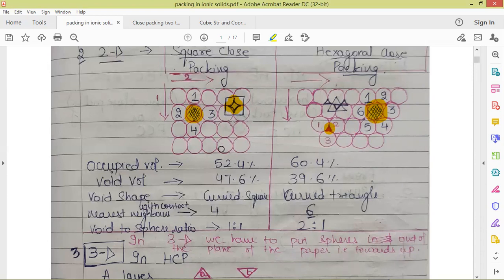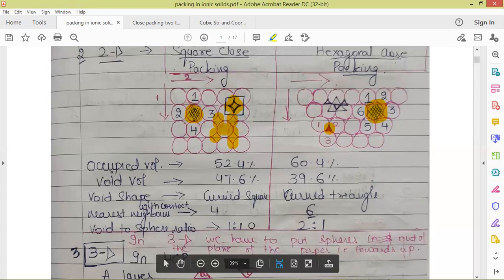And if we see each sphere, the number of voids around it, if we have chosen this sphere, let us count: 1, here it is 2, here it is 3, here it is 4. So there are 4 voids surrounding each sphere. In case of the hexagonal close packing system, we have 1, 2, 3, 4, 5, and 6 voids around each sphere.